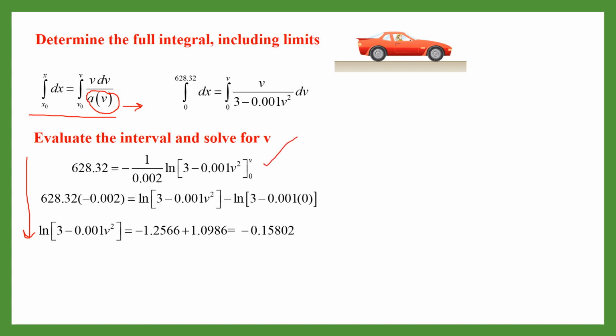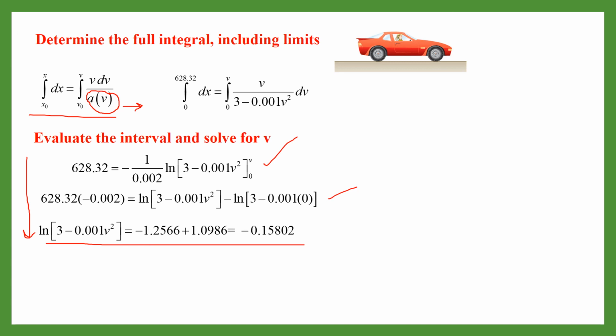You just need to put your knowledge of engineering mathematics, which you learn in first year, and this integration you also learn in your +2 level. And now we put the limits in this step, and finally we obtain ln of 3 minus 0.001 v square will be equal to minus